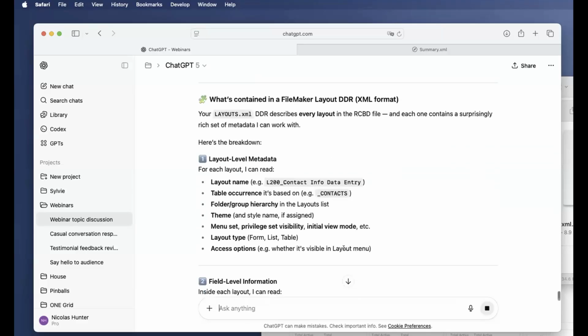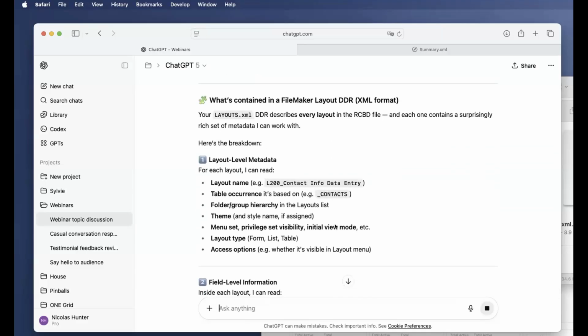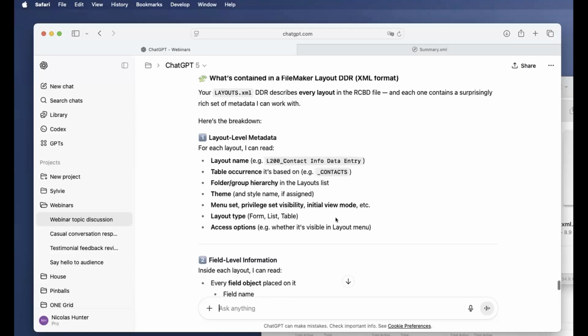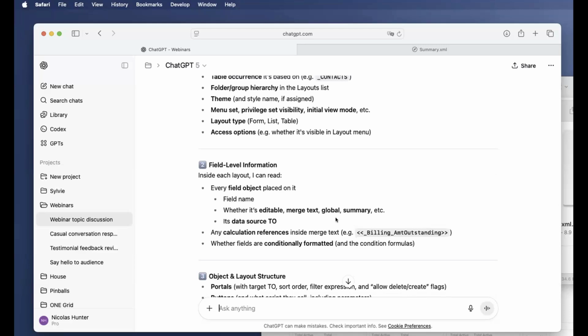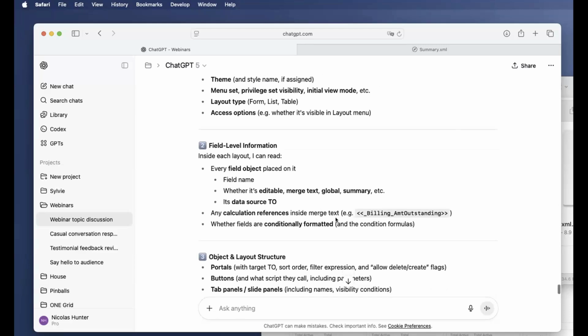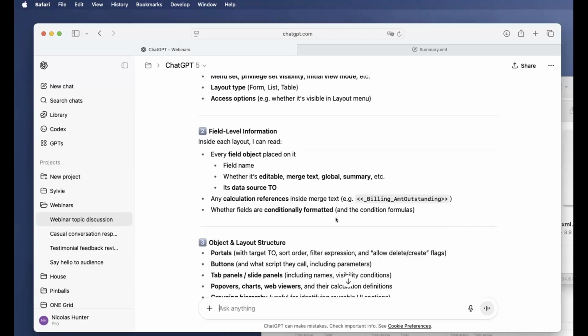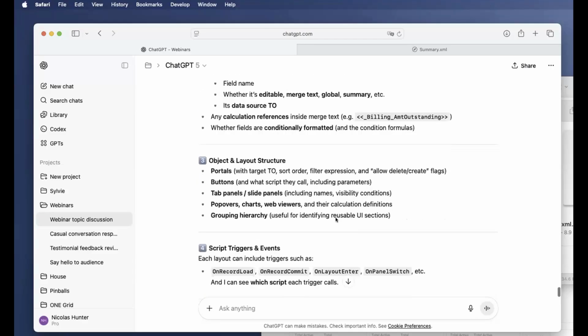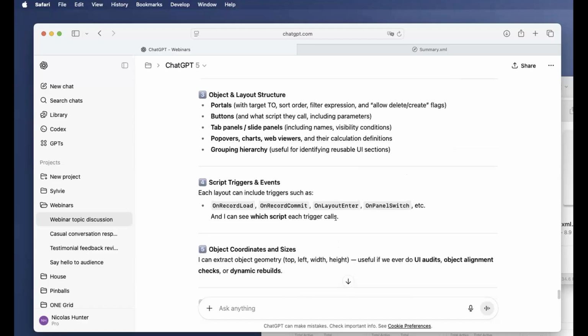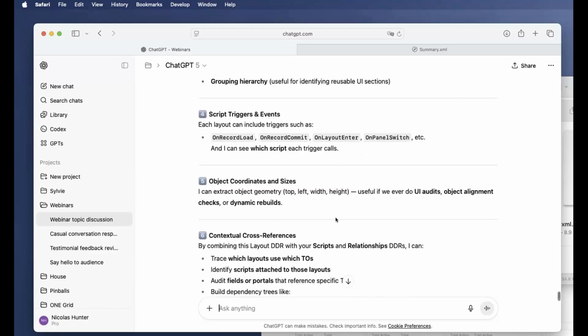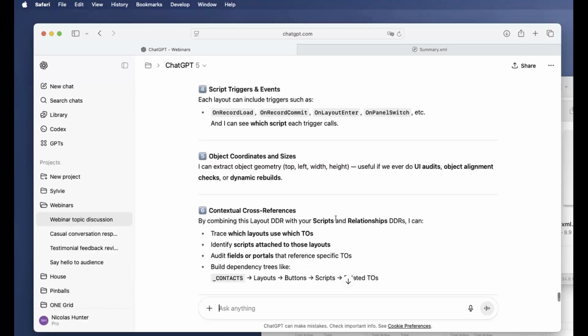So layout name, of course, table of occurrence, folder group hierarchy in the layouts list, theme, menu set, privilege set, visibility, initial, and so on, layout type, access options, right? So field level information, every field object placed on it, field name, editable, merge text, global, summary, all calculation, object and layout, portal, button, tab or slide, popover, script triggers, events, object coordinates and sizes, context.